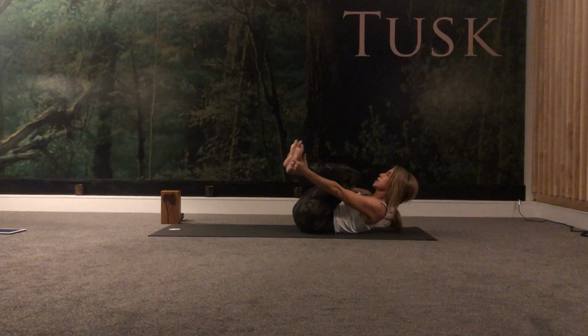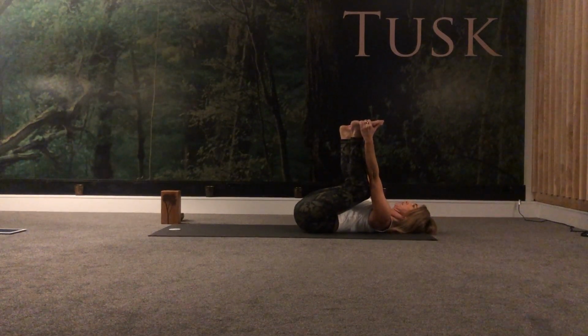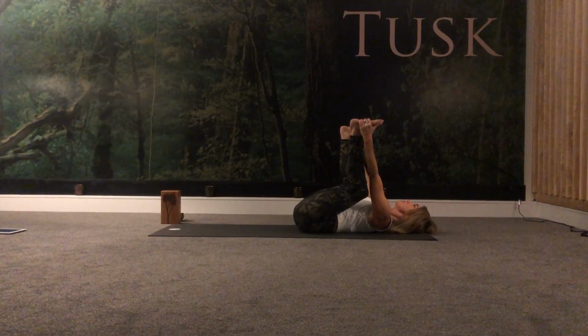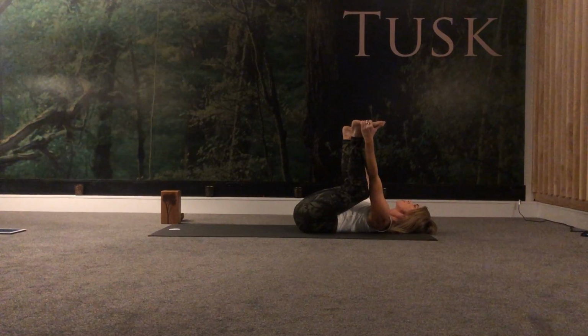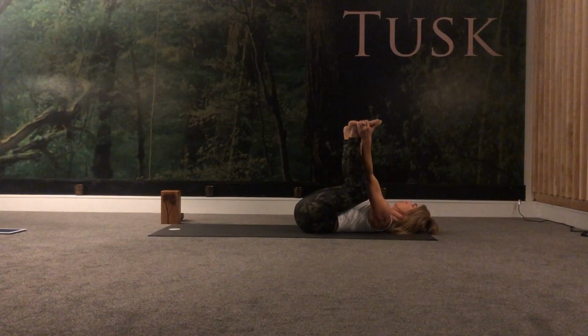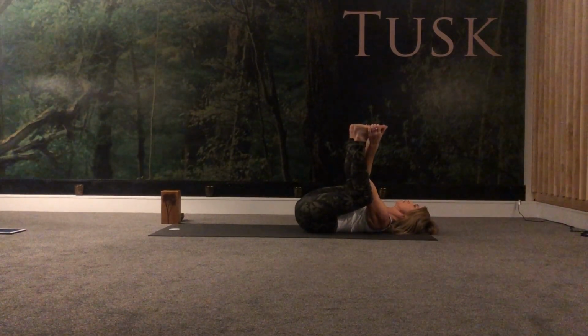Take the outside of your feet, draw the ankles over the knees. And again, lengthen your neck, and draw the sacrum down, so you're drawing your tailbone down into the mat, and as you have your whole spine flat on the mat, you can feel the chest opening. And what you do is just take your elbows and see if you can bring your elbows on the inside